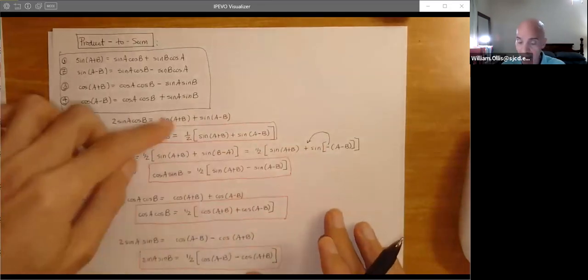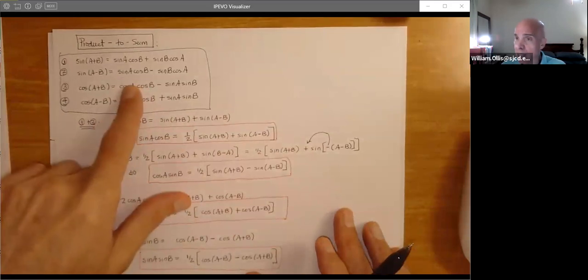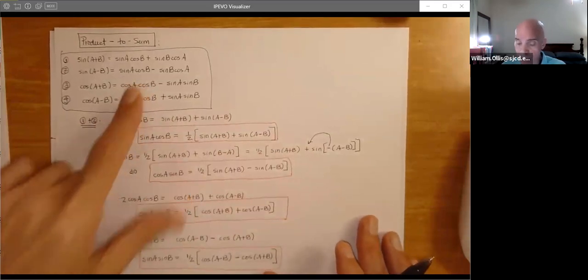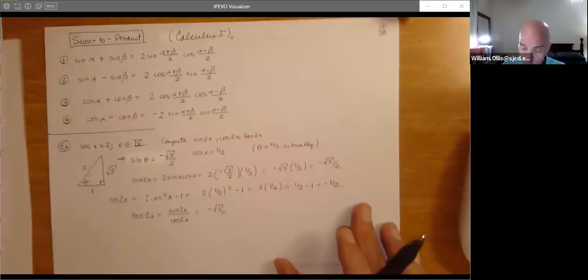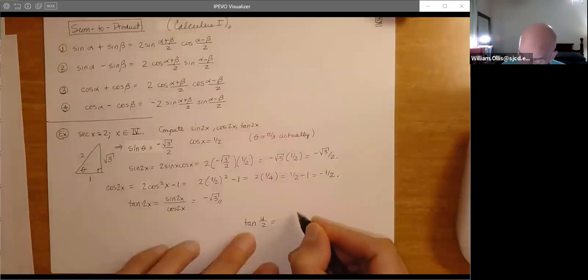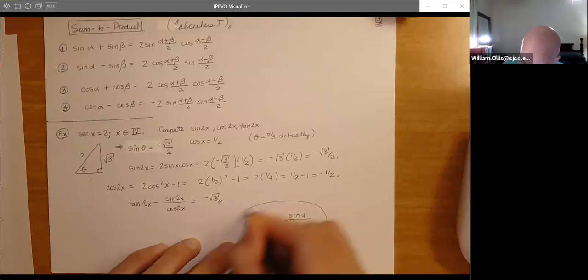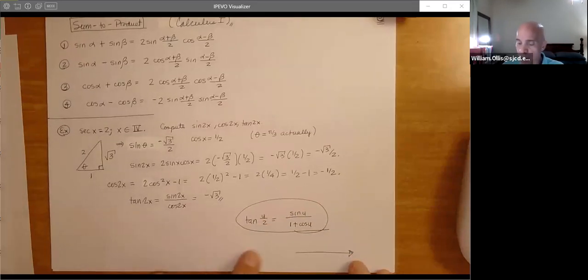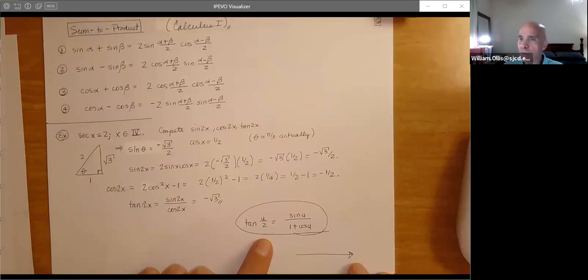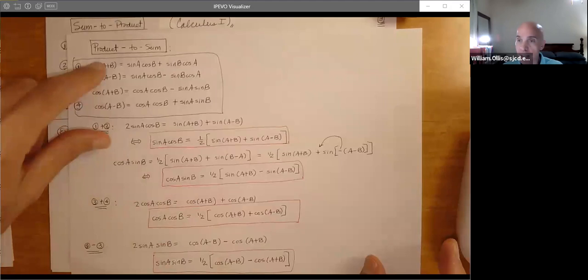So now we've got this nice combination of ideas here with sines and cosines, even tangents, and plus, of course, the most important one that I call the remarkable one, tangent of u over 2 or x over 2, however you want to state it, is sine of u divided by 1 plus cosine u. That you will remember. This is probably the most important formula that we've derived today, maybe only second to these.